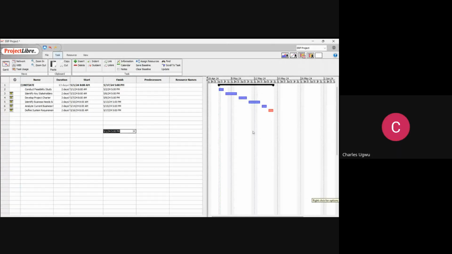So these are the Gantt charts. You can see the Gantt charts now started showing the sequence. So